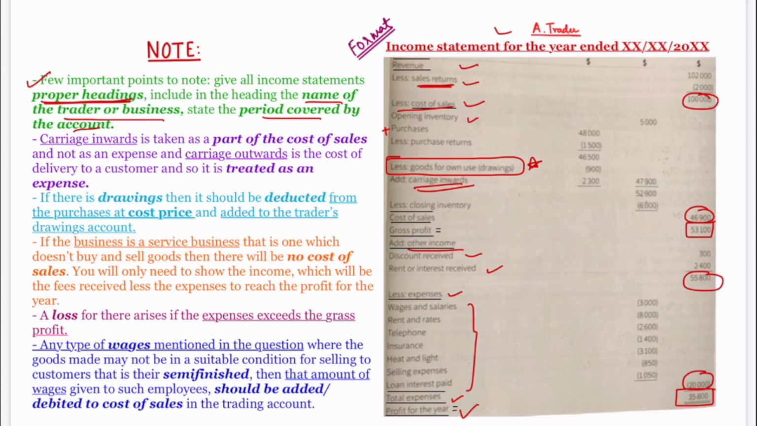Usually it is 31st December 2000 whatever. Okay,